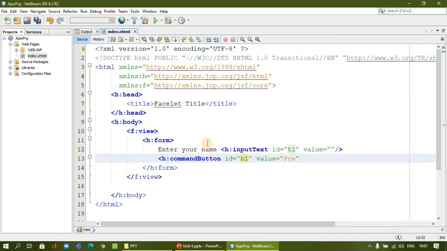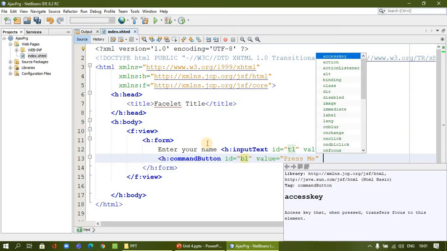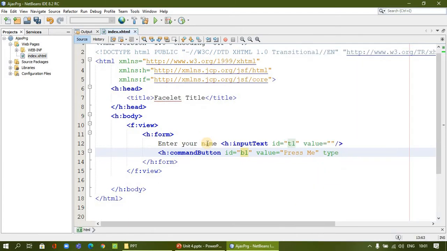For example, I say press me, and we can directly submit the value. So I will say type is submit. I don't call any action here because I have only one value, and I am not going to process any data, just simply submitting the value.